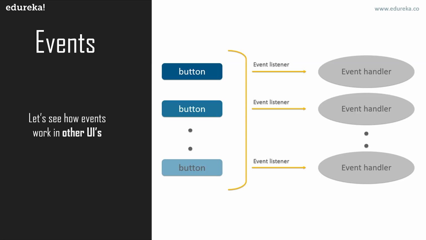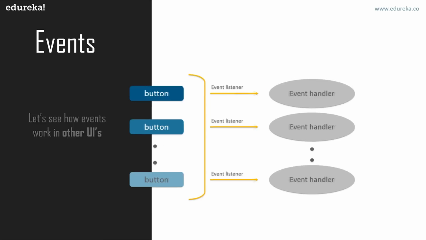Let's say I have three controls or many controls, button type of controls. Now in other UIs, on every control you have to implement an event listener and a corresponding event handler. This is very much required, which decreases the performance of the application on the DOM. Because for different controls, different buttons, or maybe other controls, you have to implement the event listener on every control. And when an event listener is implemented, a corresponding event handler will be required. So that is how other UIs work when it comes to events.